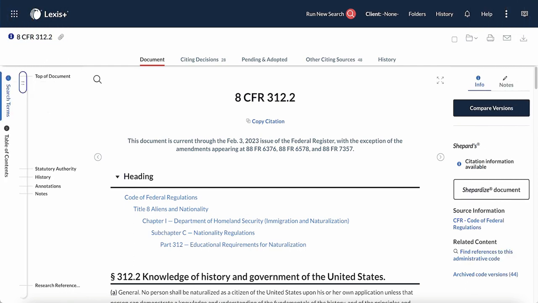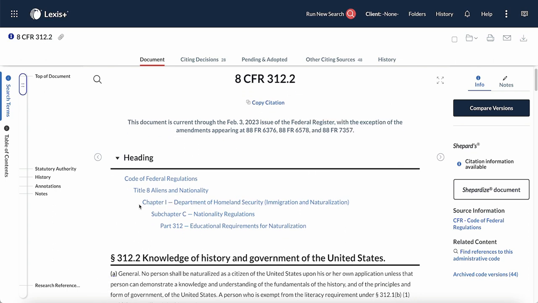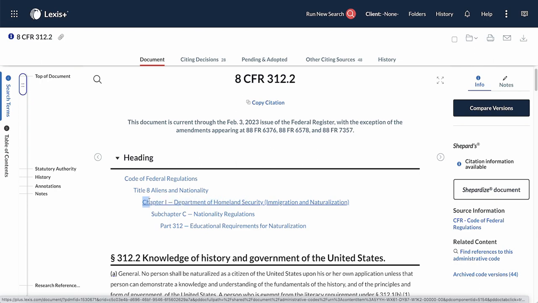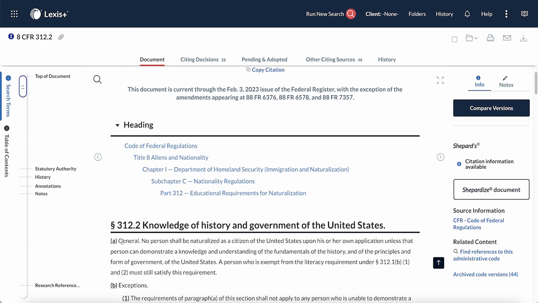Looking at a regulation in Lexis is much like looking at it in Westlaw. You can do the same things, you just have to know what you are looking at. Here is that same regulation, 8 CFR 312.2. You have your heading, which tells you where you are, and again at the chapter level it tells you that you are under the Department of Homeland Security. You have the text of the regulation itself,